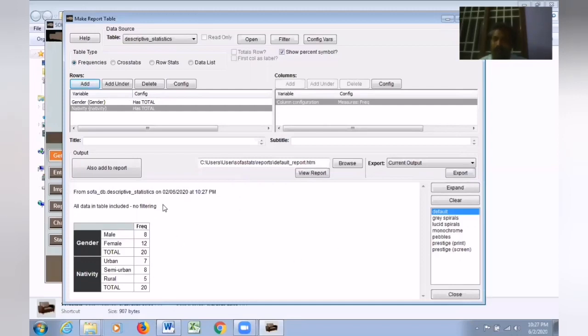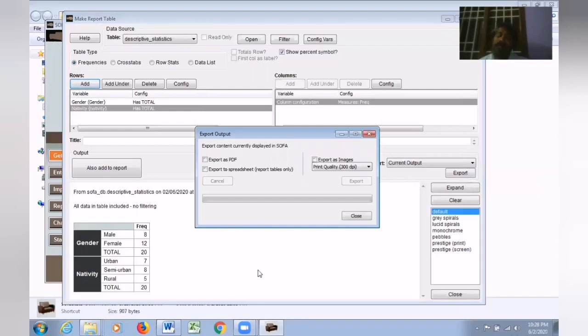Once it's ready, options are available here. You can export whatever statistical test you conduct. Output will appear in this particular box, the white space, and whatever output is there can be exported. You can export the current output. Click on export. It will be saved as an Excel file. For example, I want to save this output. Okay, I click export. You can see here it is asking whether the output is to be exported as a